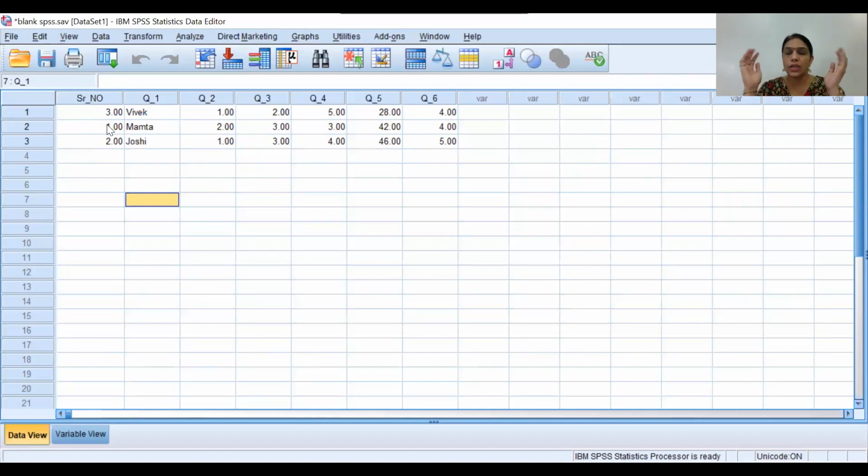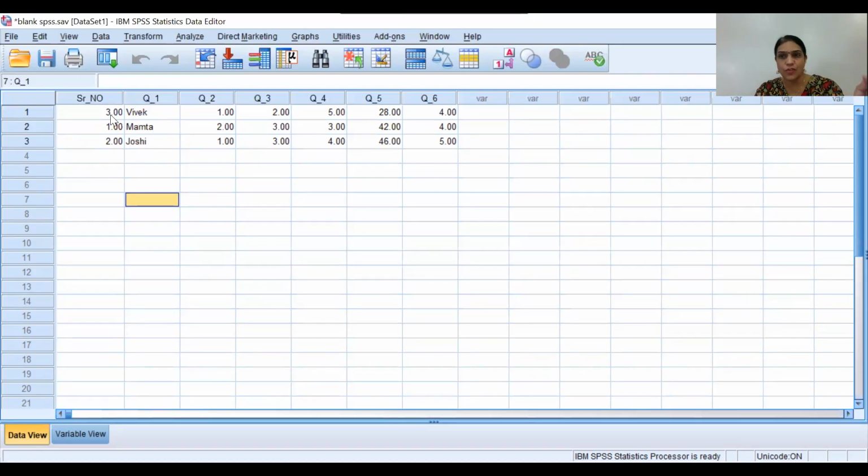So later on, after doing everything, if you are creating data views and doing this ascending and descending, and then you want to check what this response is, then from the serial number you can check, yes, this is serial number 3. You can open your questionnaire, check serial number 3, and whatever is left out, that missing variable, can be entered here. Once you receive your physical form questionnaire, just give numbers 1, 2, 3, 4, 5, and that way you can tally from here. So this is a soft copy.